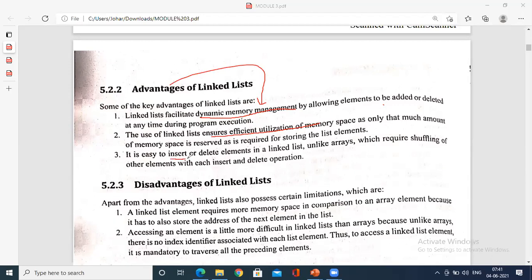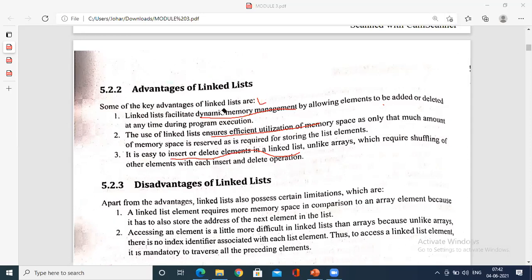One more thing: insertion or deletion of an element is very easy compared to arrays. Because in arrays we have to reshuffle, increment the indexing, decrement the indexing. But in a linked list it is not like that. Unlike arrays, which require shuffling of other elements for each insertion or deletion, we can do without it in a linked list.